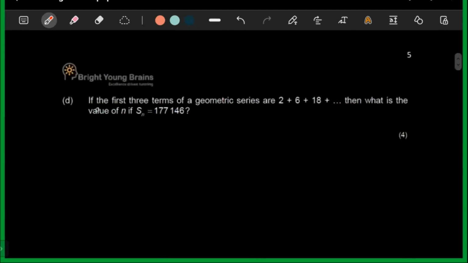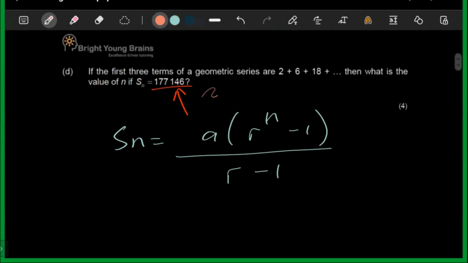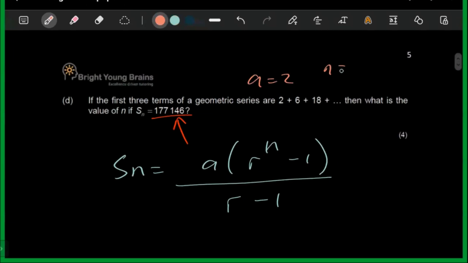D says, if the first 3 terms of a geometric series are these values here, then what is the value of n if Sn is equal to this? So it's a geometric series. So obviously we know Sn is equal to a(r^n minus 1) over r minus 1. So the idea is the first term we already know it's a 2. The number of terms we're adding up, we don't know. We're adding them all up to